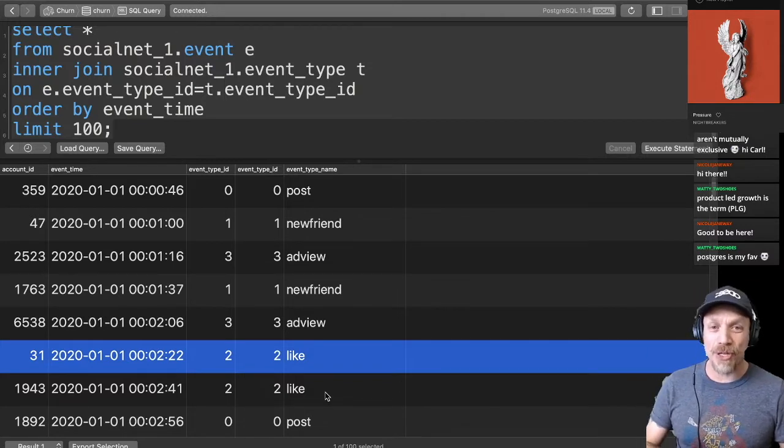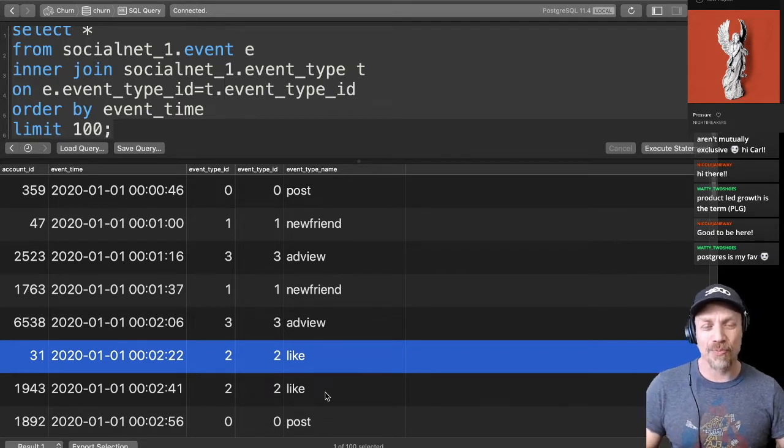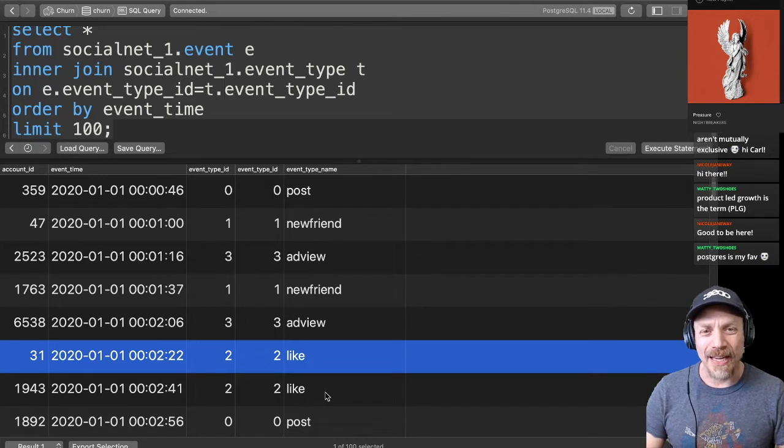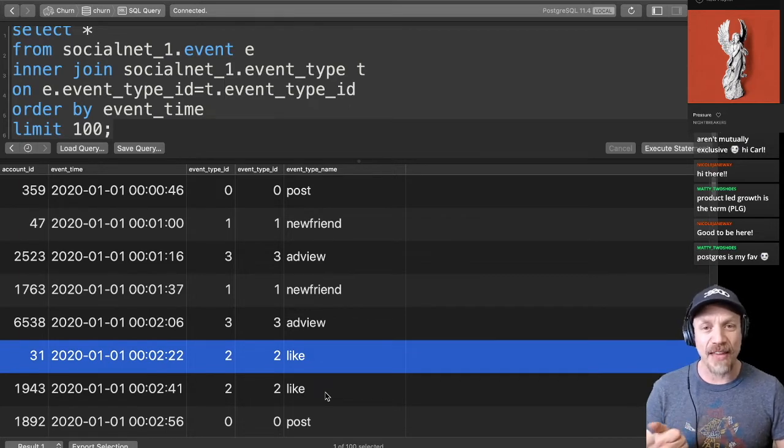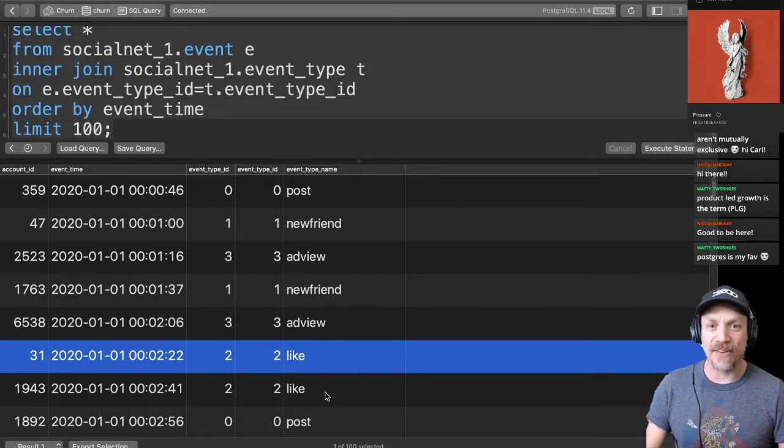Usually people use a product to collect these events in a data warehouse. And those products are things called like Amplitude, Omniture, Segment. There's many products that will collect these events from your product after you instrument it. Mixpanel is another one. Yeah, so that's the data that the simulation creates. It's just events and subscriptions, and then everything else we do in the churn analysis derives from those basic entities.